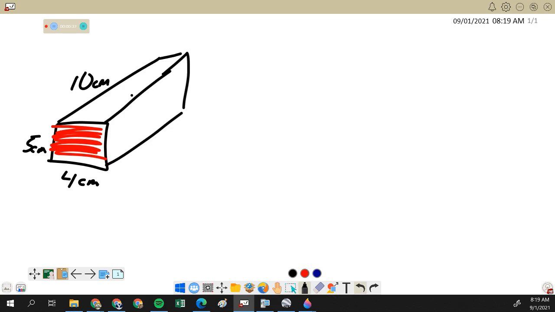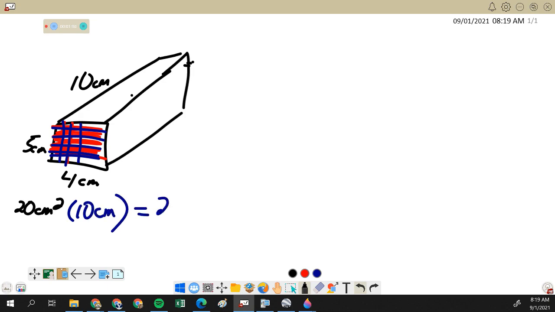So the red area would be 20 centimeters squared, which means if we count up all the little boxes, I'm really bad at drawing, there are 20 squares that are 1 centimeter by 1 centimeter, so the area would be 20 centimeters squared. And then when we add another dimension, we're going to take that front face and stretch it 10 centimeters away from us. So we multiply this by 10 centimeters, and I get 200